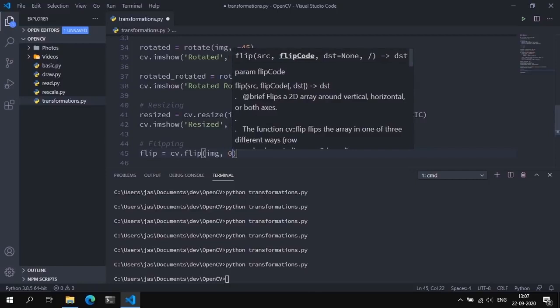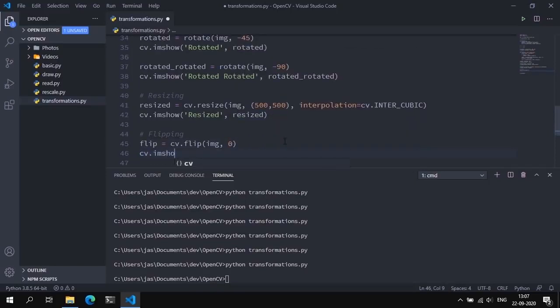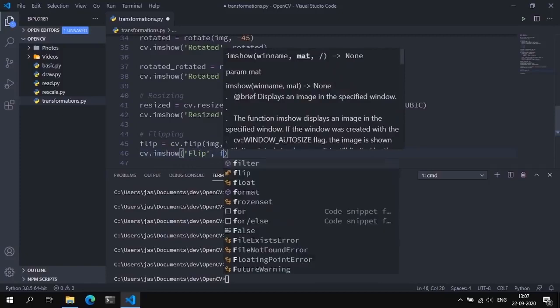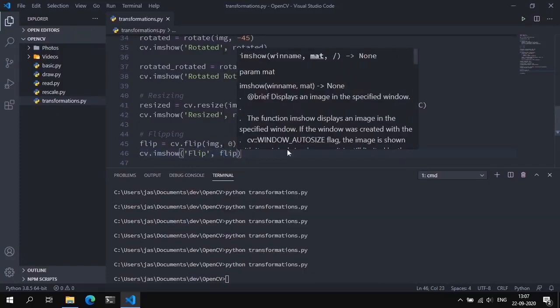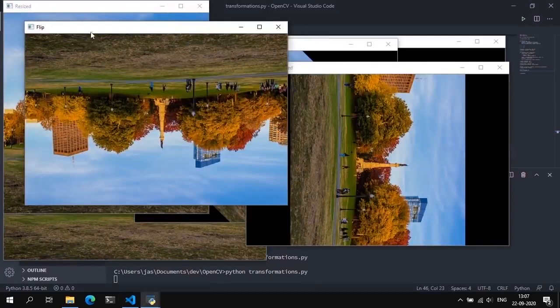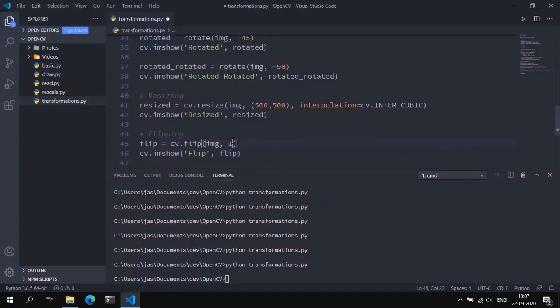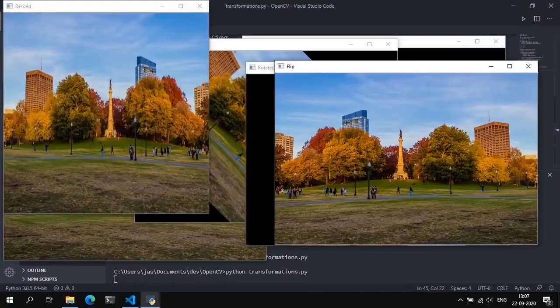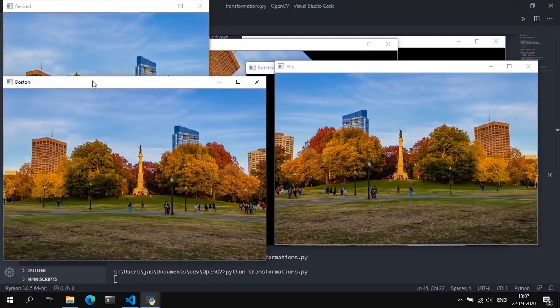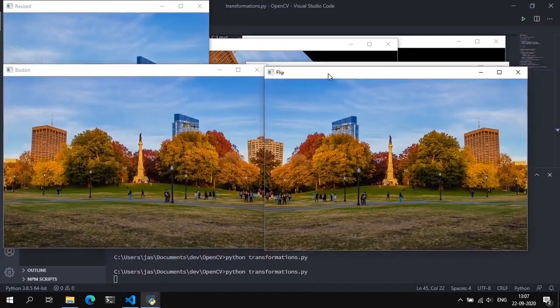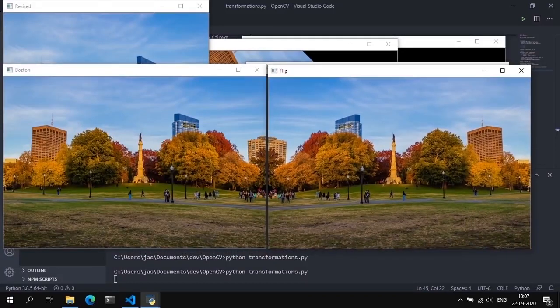So let's start off with 0, flipping it vertically. Call this imshow, call this flip, and pass in flip. Save and run, and this is the image that was flipped vertically. Let's try a horizontal flip, and we get a horizontal flip. To really see whether it was a horizontal flip, we can bring these two images together. And if they look like mirror images, then it was flipped horizontally. This is kind of a symmetric image, so it's not that obvious, but bring them together and you can maybe